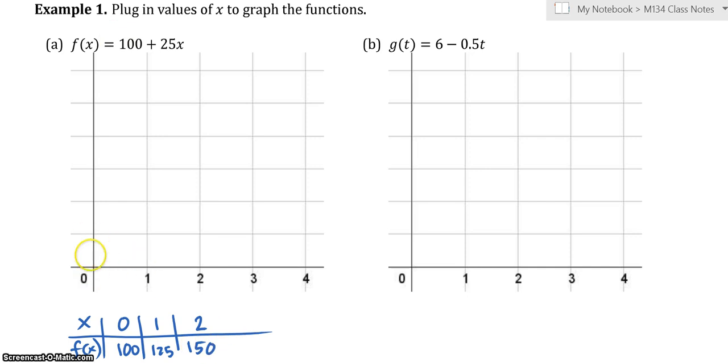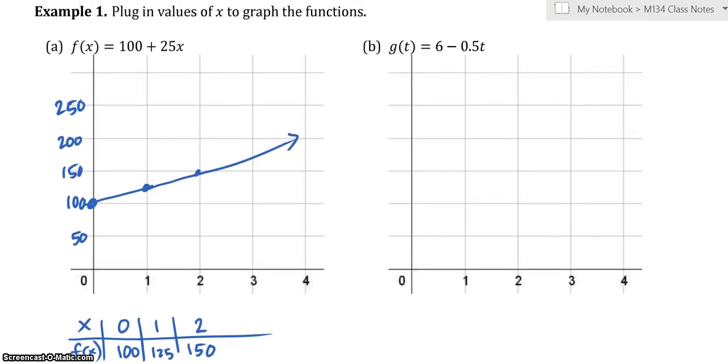And I can plot those points. Let's label these as what? Maybe I'm going to go ahead and count by 50. You could do whatever you want there. But 0 we know is 100. 1 we know is 125, so it's halfway in between. 2 is 150. That's not 150. That's better, because I know it's a line. If you get a ruler, let me see if I can try that a little better. If you get a ruler, you can get a nice looking line out of that. Okay,